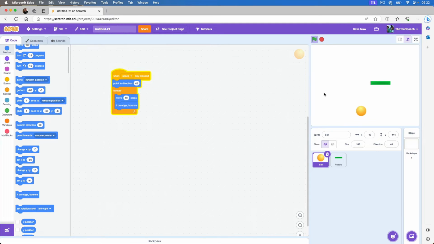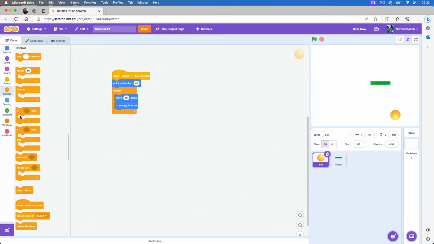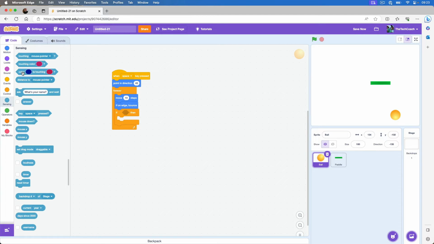But nothing right now is happening in terms of the ball interacting with the paddle. So now we have to program what happens when the ball touches the paddle. So this is going to be an if-then statement again. So under control, we're going to grab the if-then, slide it under the if on edge bounce within the forever loop. So if it senses the paddle, so if it's touching the paddle, so grab that, switch mouse pointer to paddle,